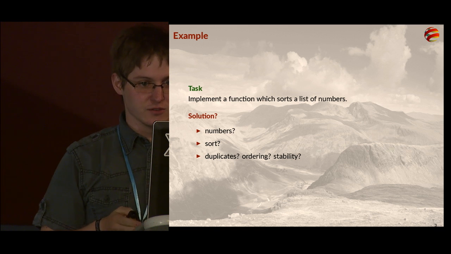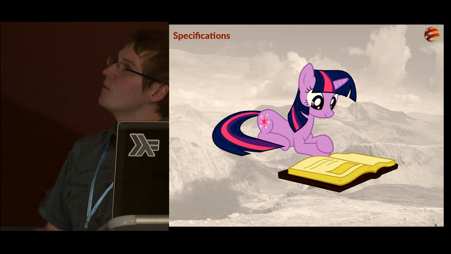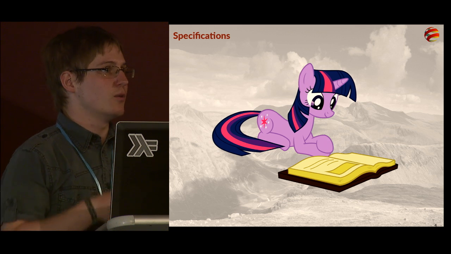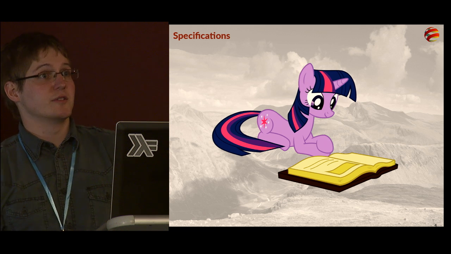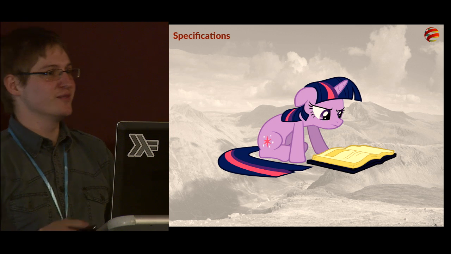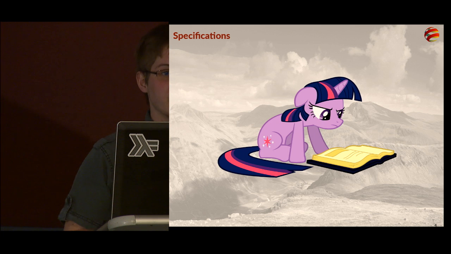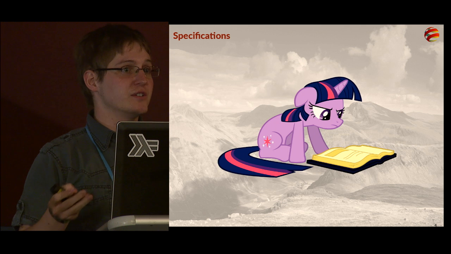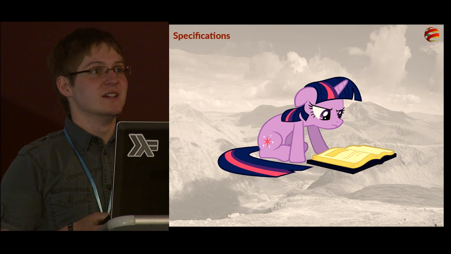And what are specifications? In an ideal world, you get from a customer or from the product team a book or a formal document, and you can just have a look at it and study the requirements. It's all written out, it's all very clear, and you have precise definitions of everything, so you can start programming. But the reality is, sadly, that those specifications often don't make sense or might not even exist at all. And that is a big problem in software engineering, but I'm guessing I don't need to tell you that. If I were to ask you how many customers you have had who gave you a detailed, non-contradictory specification, I'm assuming nobody would raise their hand.